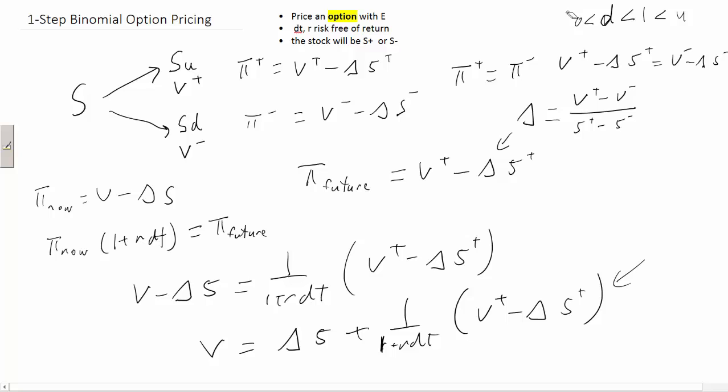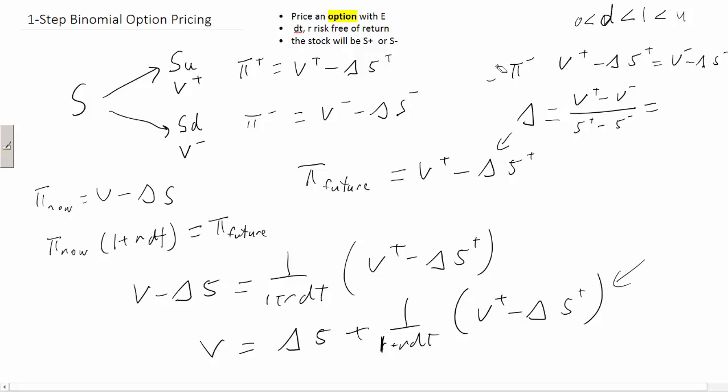So my example was that up was 1.1 if it goes up 10%, and down would be, well, later on we're going to say that that's going to be 90%, as if the percentage it goes up is always equal to the percentage it goes down. But I haven't justified that yet. So right now we're not thinking that. It's just up and down. How does that help us? Well,